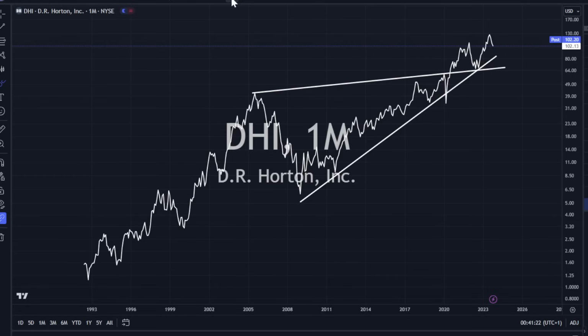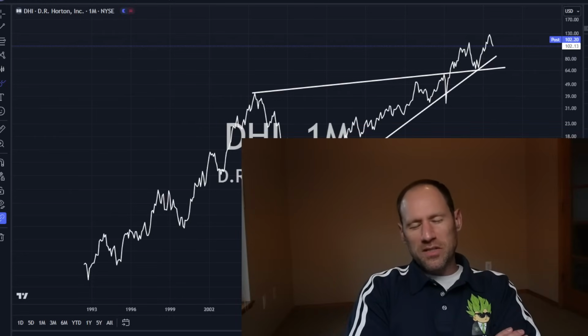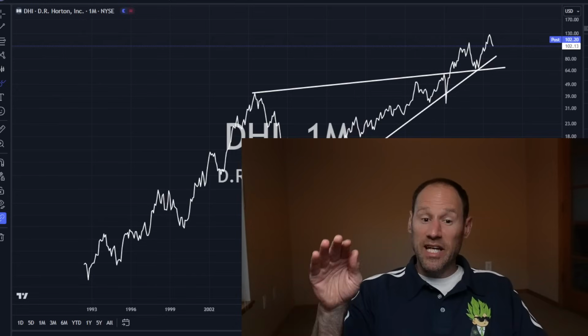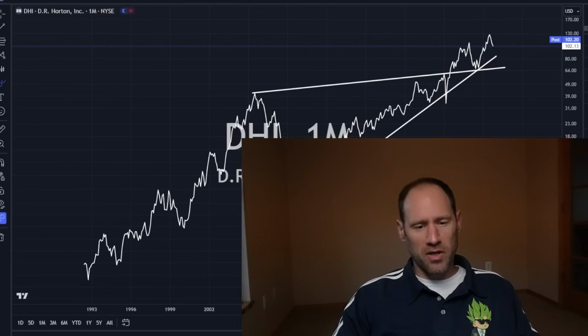And there's a whole bunch of other home builders that I could pull up as further evidence for strong home builder charts and activities. So let's just piece this together here. We do have an inverted yield curve. It could drop, and we could get a slowdown in the market.